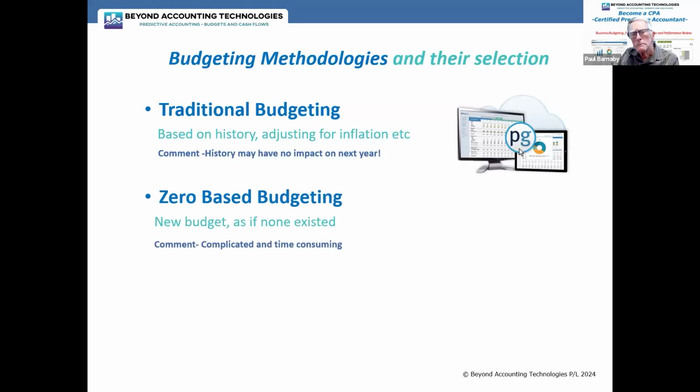And then probably 20 odd years ago, yes, zero-based budgeting came along. And the experts in that said, forget the data, forget everything that's happened, start from scratch, build it as though nothing existed in terms of data for this particular company. And that's fine, but that's very, very time consuming.